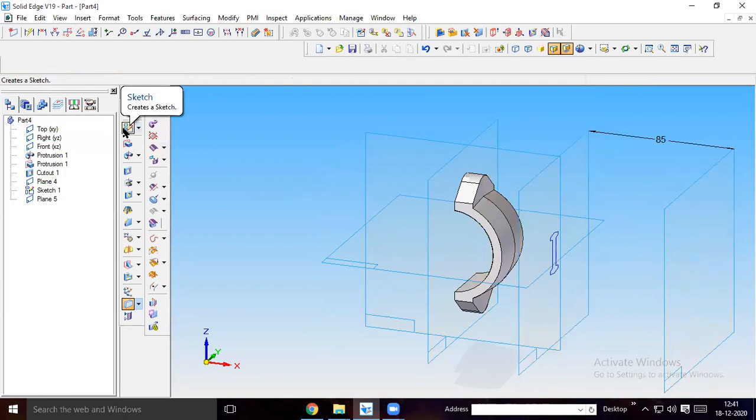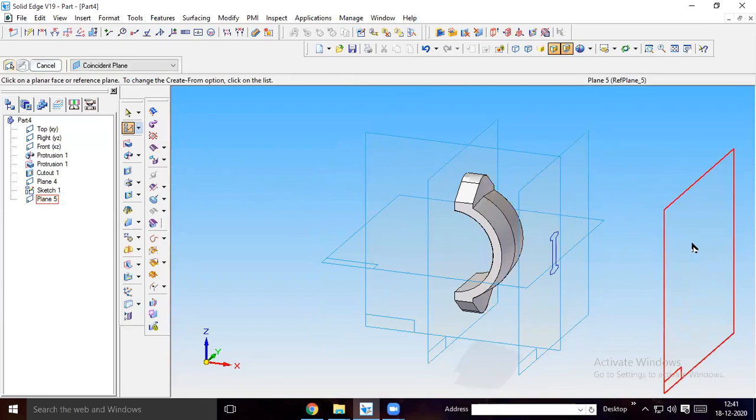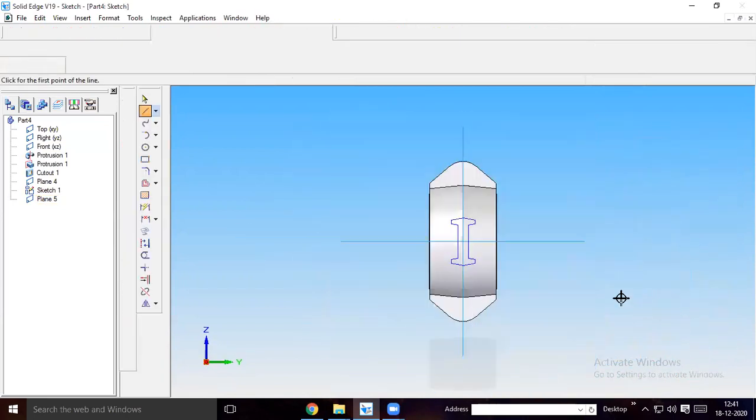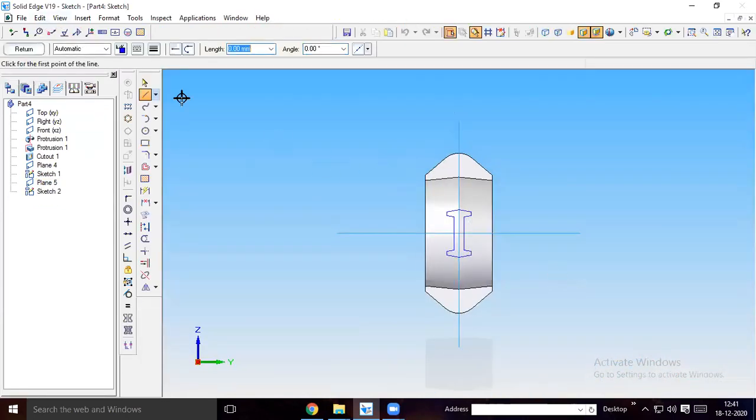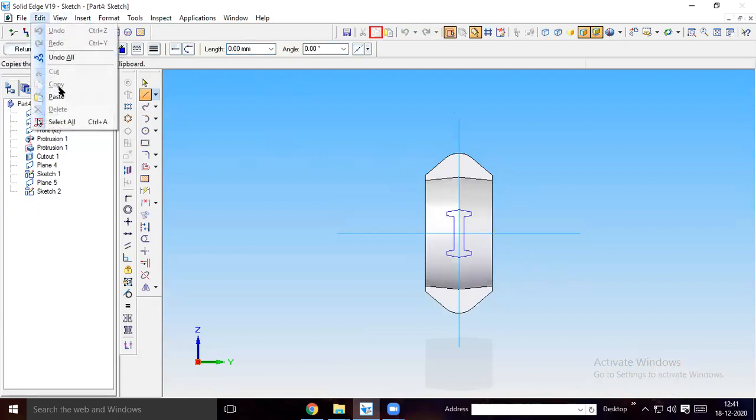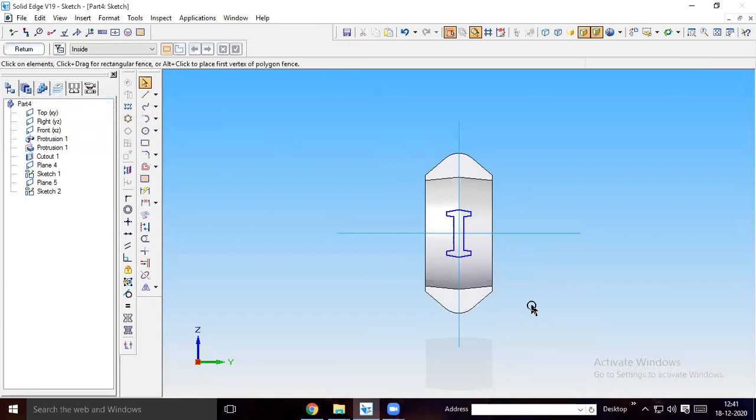Then select a sketch and you draw sketch over here. So what I will do, I already copied that previous sketch. Just go and edit the option and then you just paste it. Okay, what I have to do here is I want to make this distance short. Okay, you may confuse if you keep doing the profile inside. For that, I will move this outside.